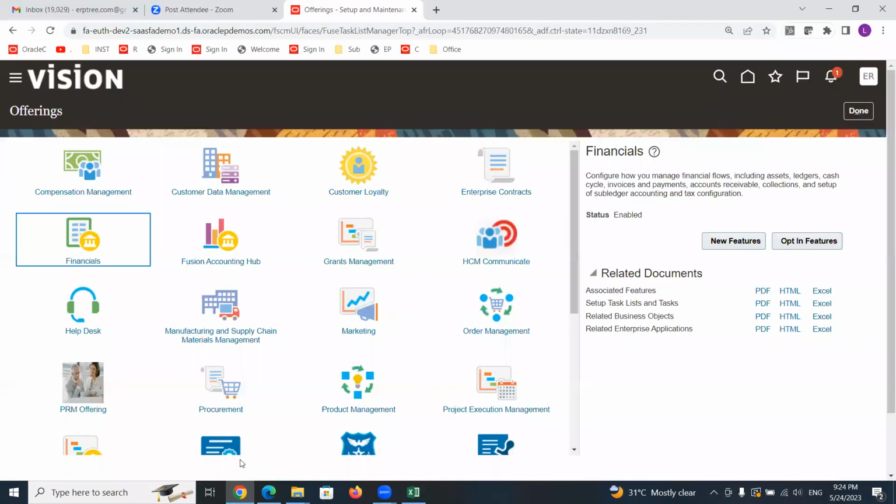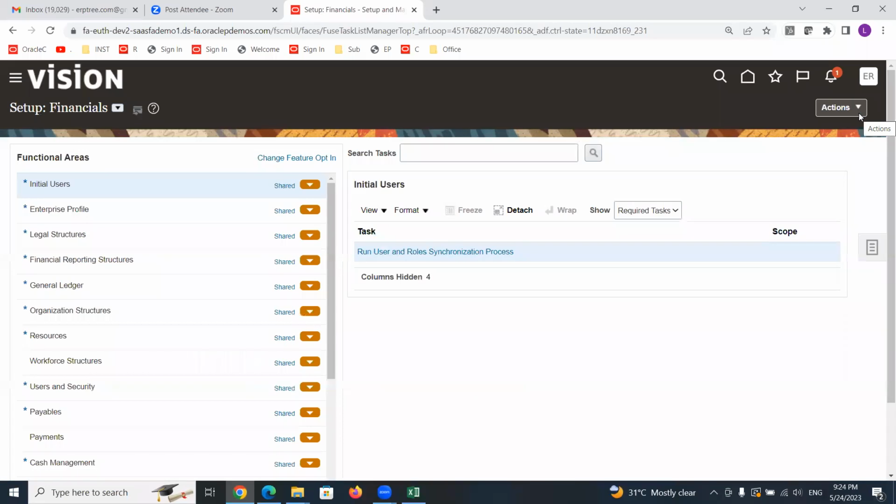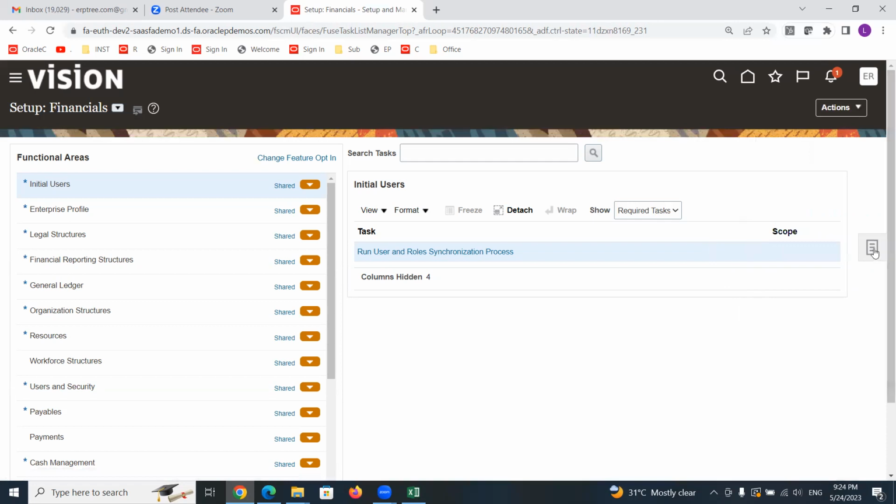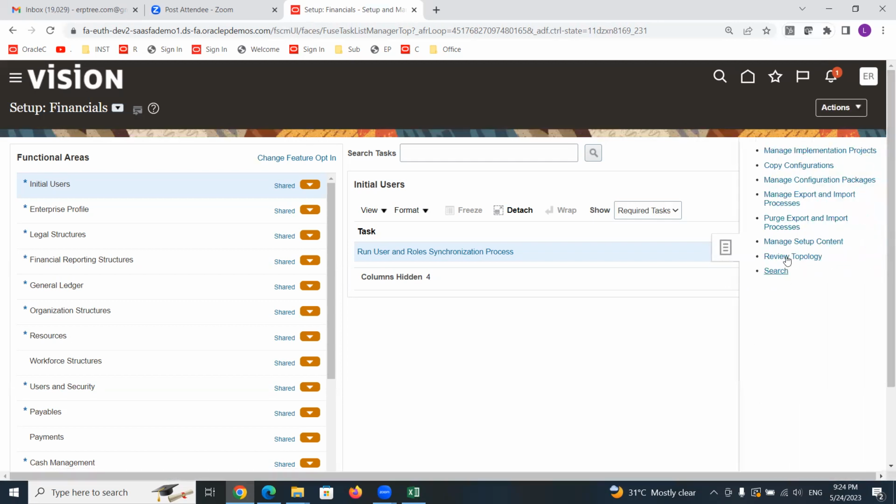Go to instance, click on done. We are in the offerings page, click on done. Now we are in the FSM page, FSM, functional setup manager. So click on task list. It contains multiple tasks. That is the reason you can call this a task list or task pane. Click on this task list. It will display a list of tasks which are available inside of it. It is a notepad kind of icon. You click on this, it will be expanded. You can see the tasks.